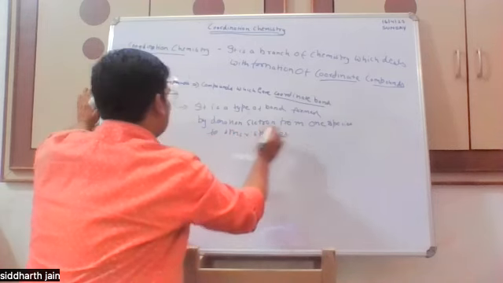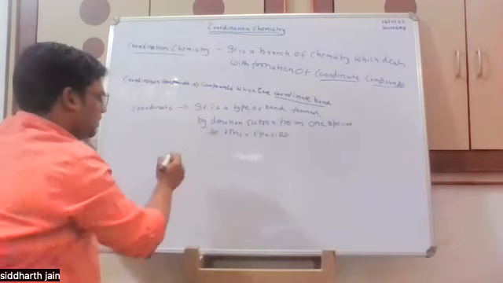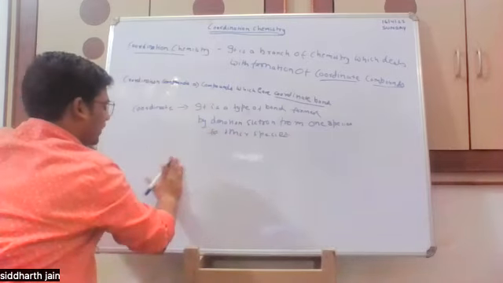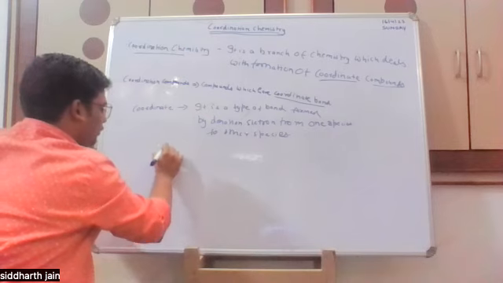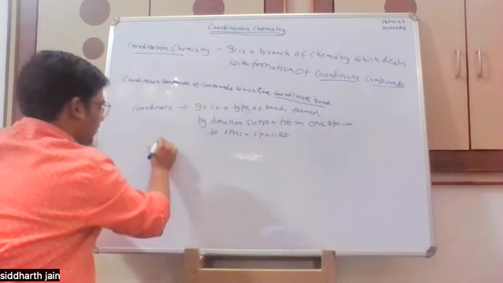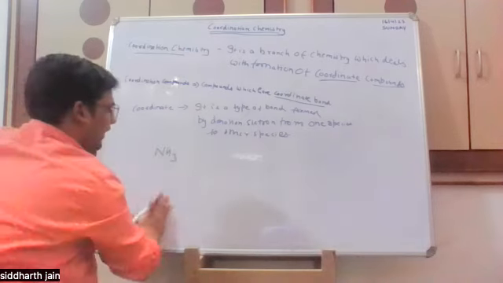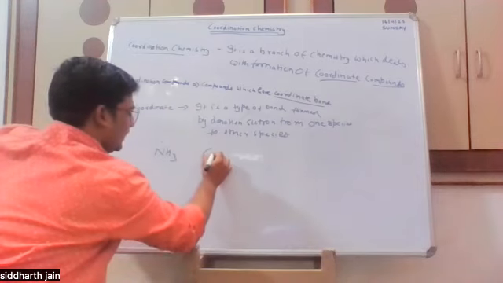So what we mean by this is, first thing, let's say for example a molecule is there, NH3. It is having a lone pair of electrons, and for example let's say a metal is there which is cobalt